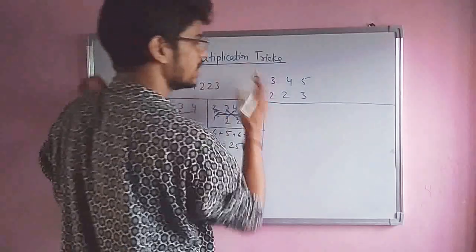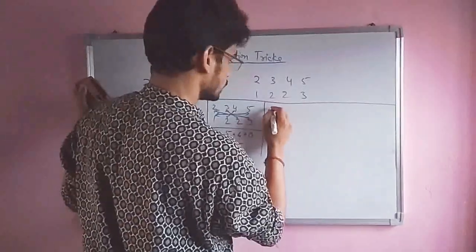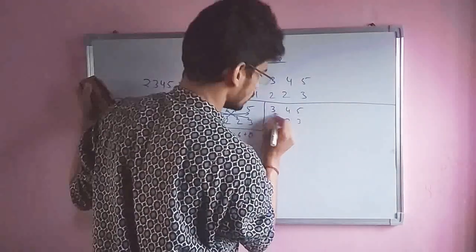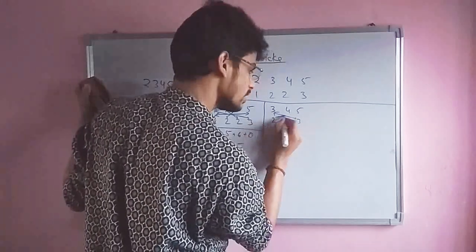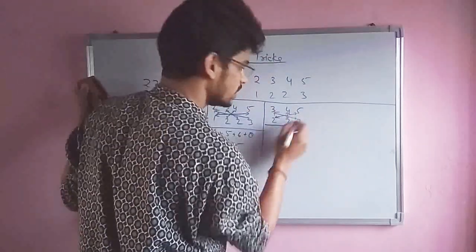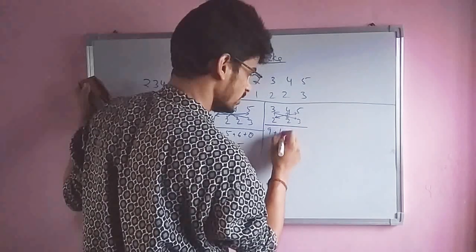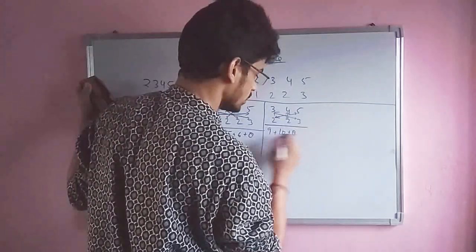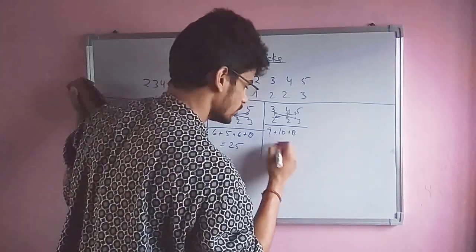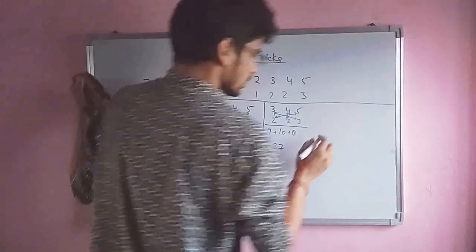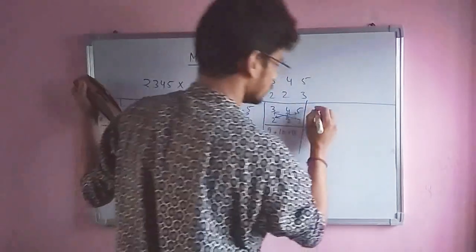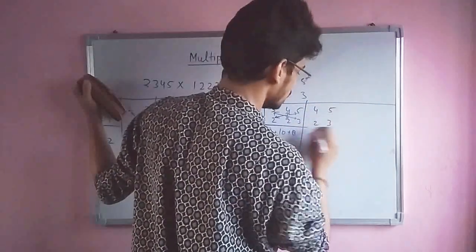The left side value. Next take 3 4 5 and 2 2 3. Now cross multiply the numbers, ending and in between, directly. 3 times 3 is 9, plus 2 times 5 is 10, plus 4 times 2 is 8. 9 plus 10 is 19, plus 8 is 27. Next is the left side value.